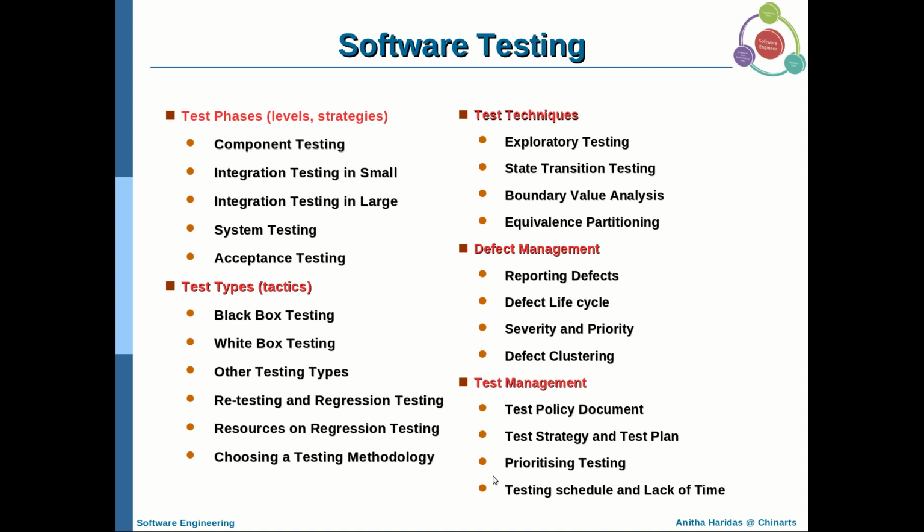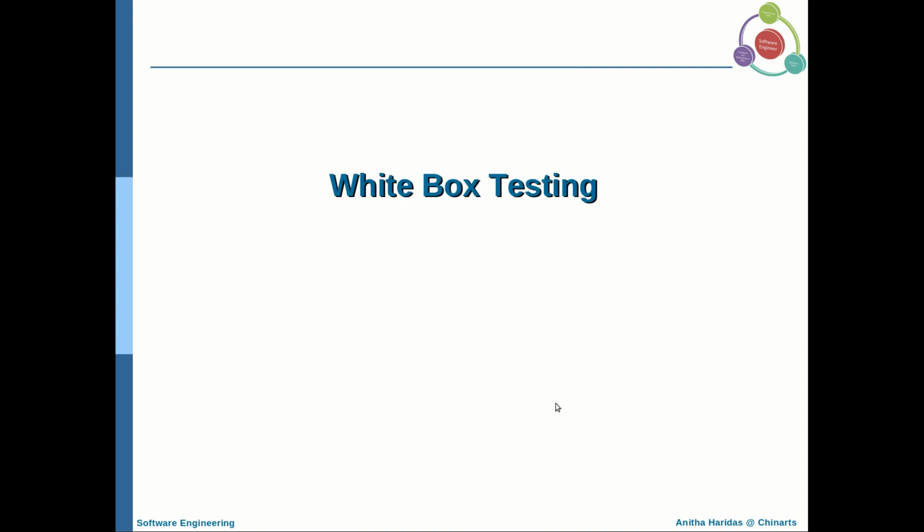All these terminologies we have already come across. What do you mean by different levels of testing? What are the different types, or what are the different strategies that are followed in software testing? What are the different techniques under each and every testing type also we have discussed. What do you mean by defect management? What do you mean by test management? All these terms we have seen briefly in our previous video. Today in white box testing, we are going to talk about what is cyclomatic complexity.